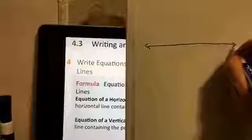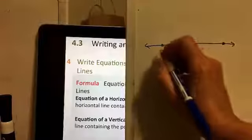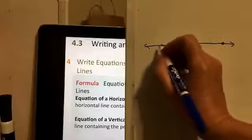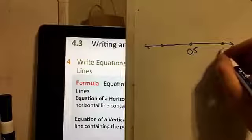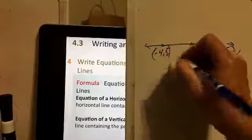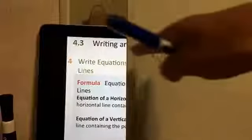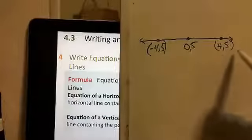Okay, a horizontal line: the points on a horizontal line have the same y value. So this point might be (0, 5), and then this point might be (4, 5), and (-4, 5). Remember, the y is the height of the line. So if you have a horizontal line, aren't all the points at the same height? So since the y's are all the same,